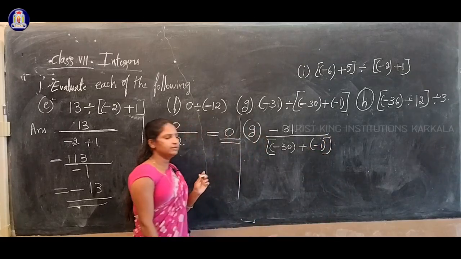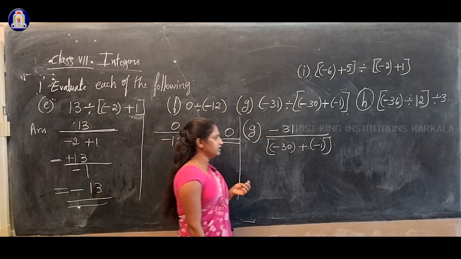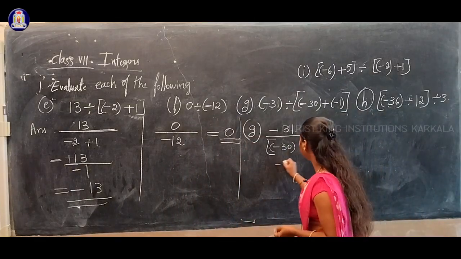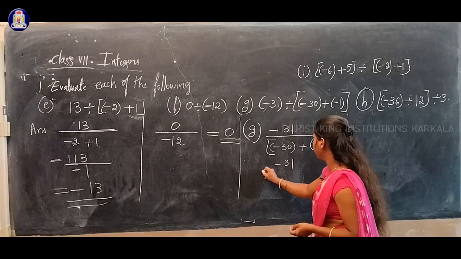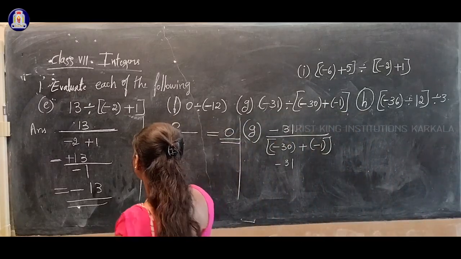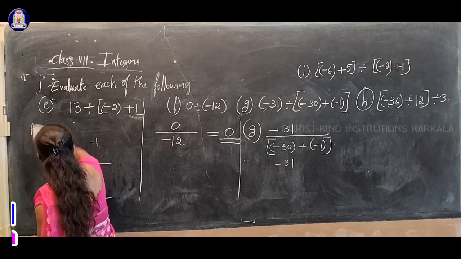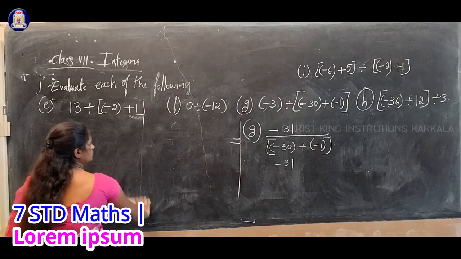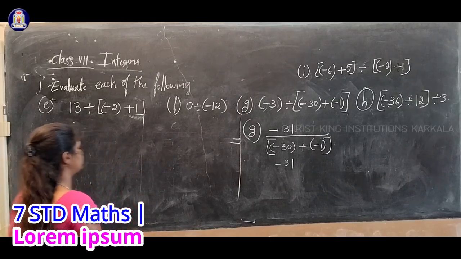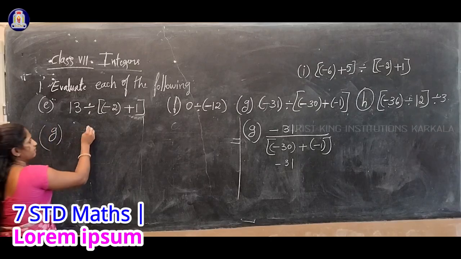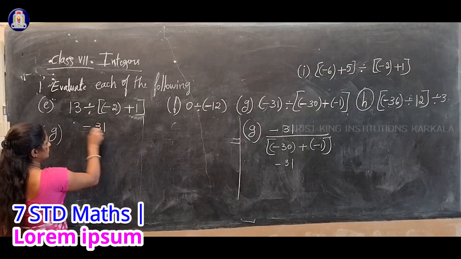In the numerator it is minus 31, and in the denominator it is minus 30 plus minus 1. So I'll write here minus 31 by,